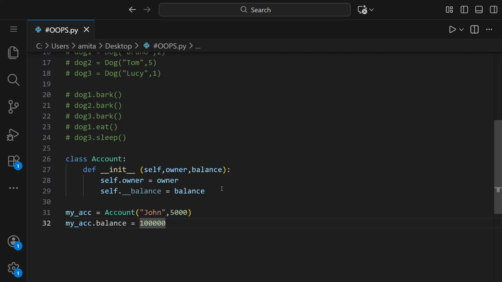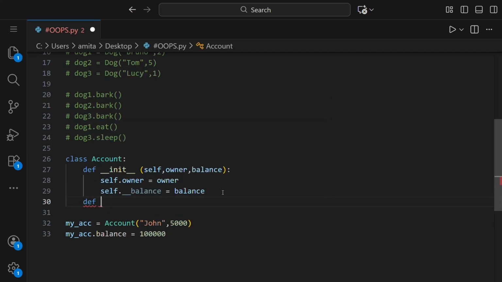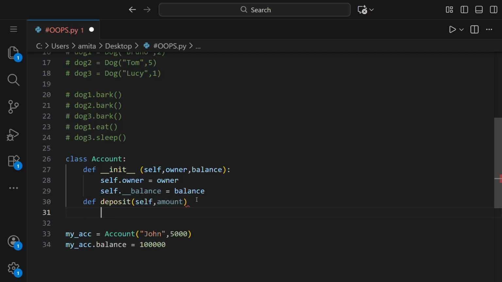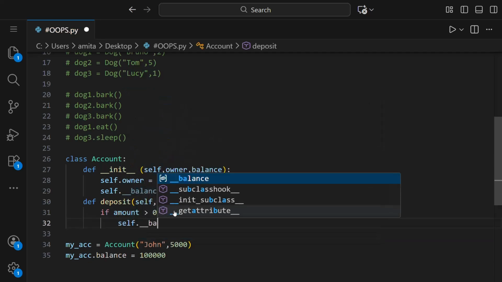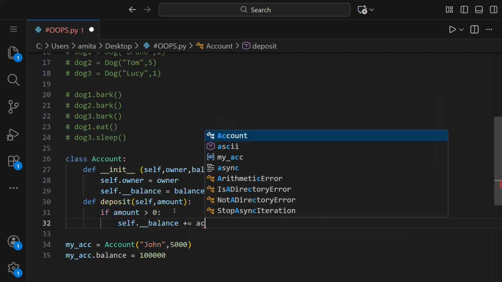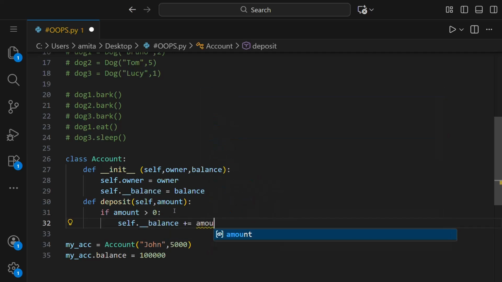So for that, we can make one more function, deposit. And here we'll give the parameters as self and amount, and we'll put a colon here. Next, we'll see if the amount is positive, then we'll just add it to self.balance. Otherwise, we'll print that it cannot deposit a negative amount. So if amount is greater than 0,